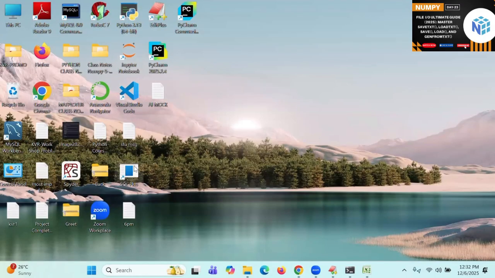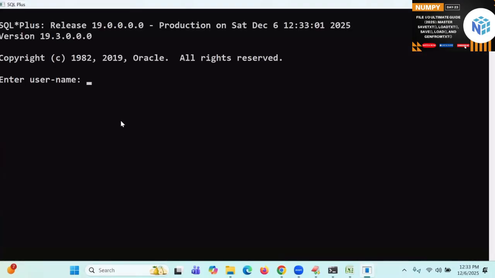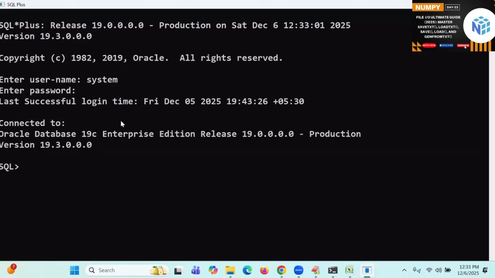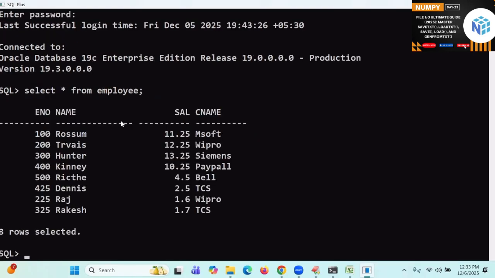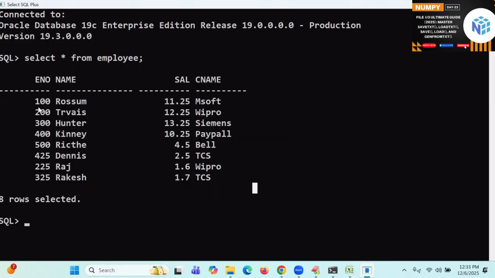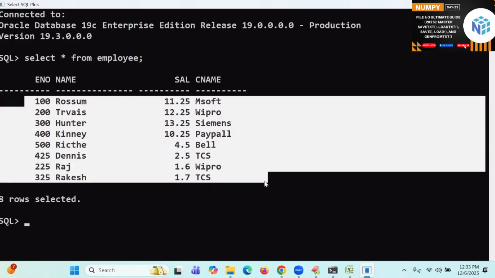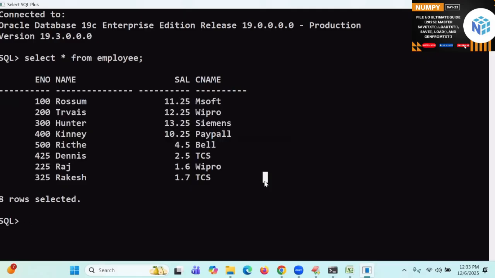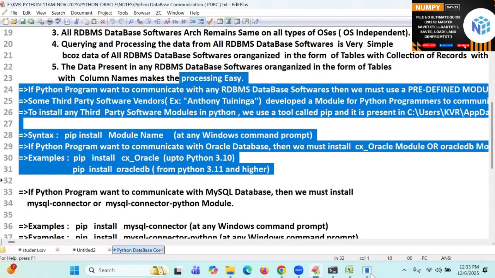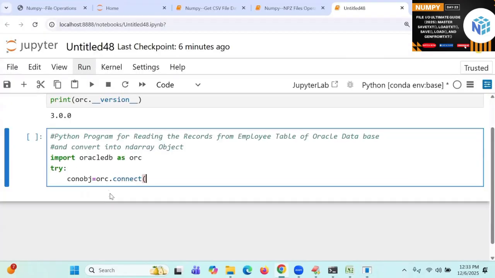See here, I have an Oracle database. This user is called tiger in my system. It is connected to my SQL environment. select * from employee. Employee is one table available with me. This is my data, this is one record available with me. So I want to get it into this place. Here I will write the system connection URL, comma, tiger,